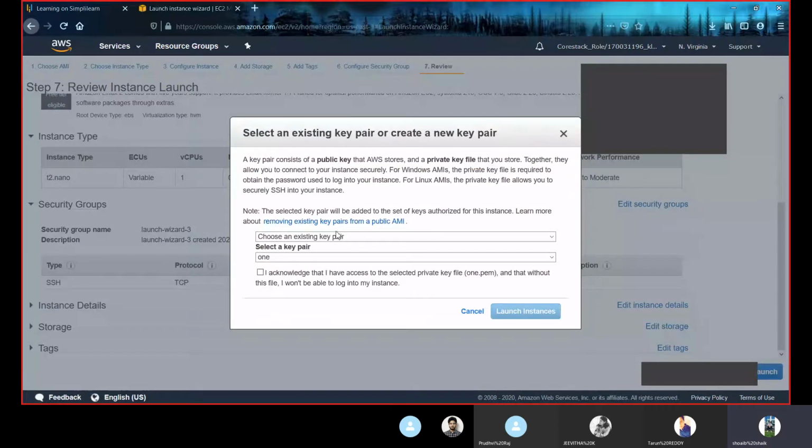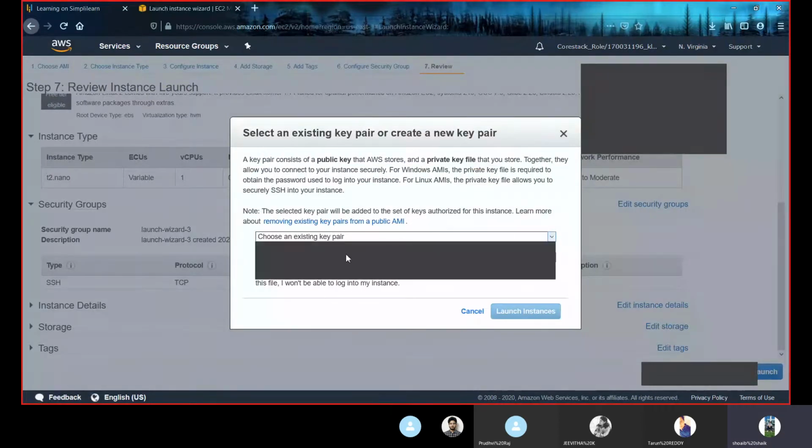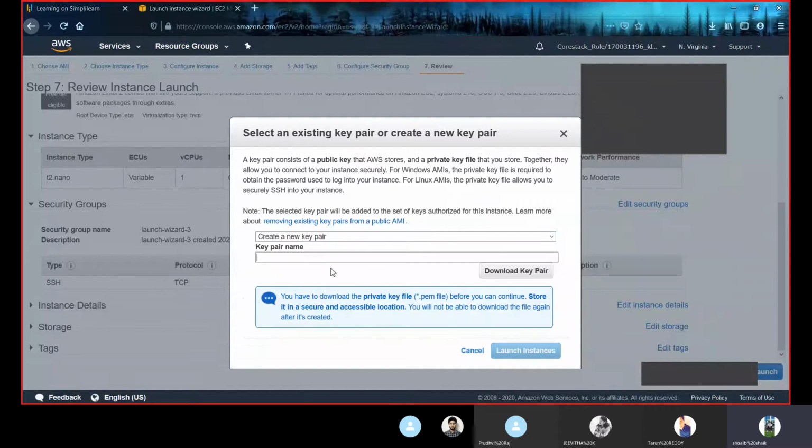So let's create a key pair here. Create a new key pair. To connect to a Linux system, creating and downloading a key pair is very important. Now let's give it a name. Can anyone suggest a name for the key pair? Any name. So let us name it what?